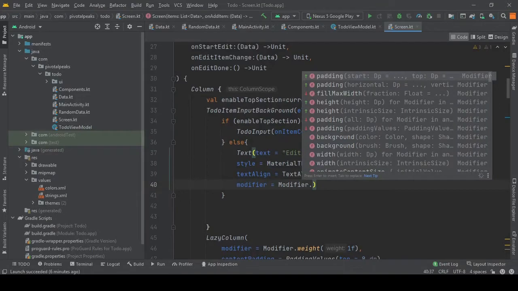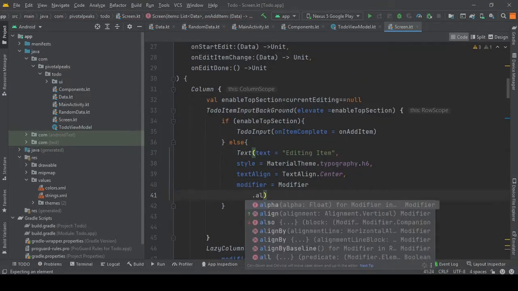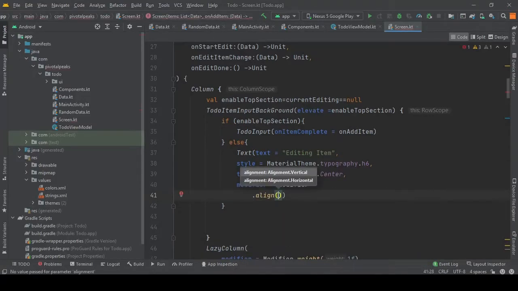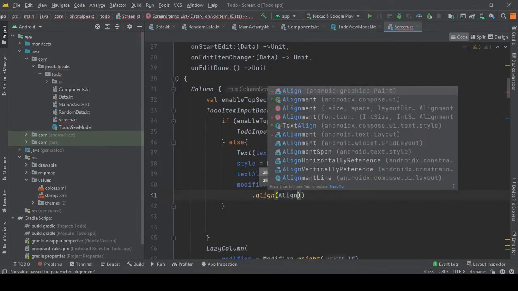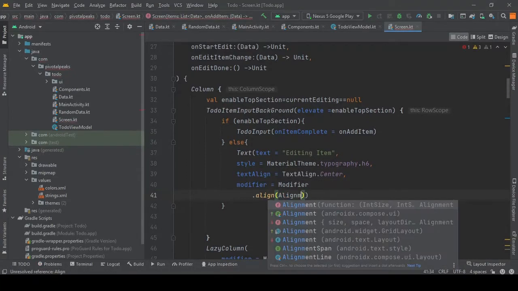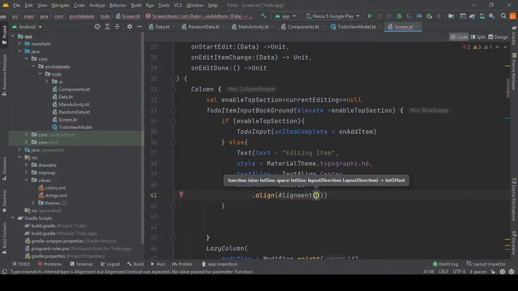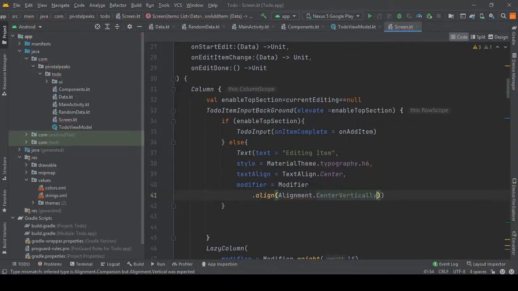Modifier dot, yeah, not padding first, dot align, and we are going to give alignment of, no, not padding, alignment dot center vertically, and also give some padding.